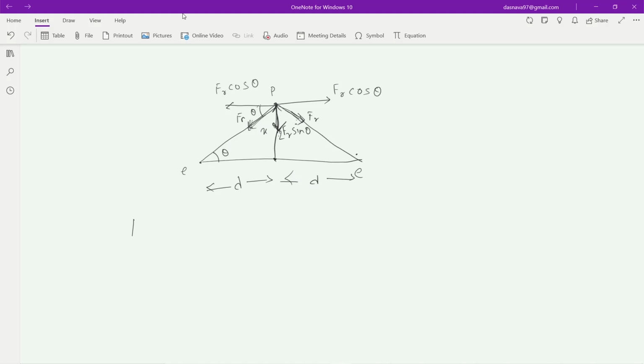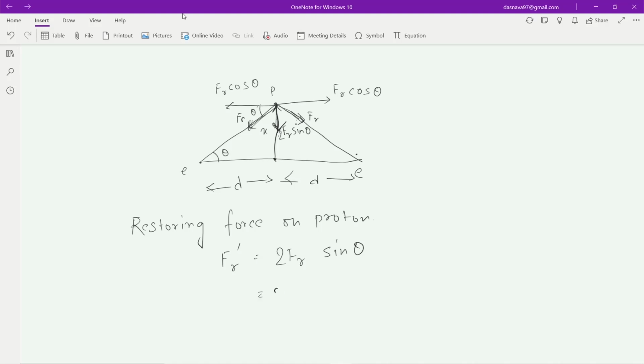So this restoring force will be on the proton. If you consider it as Fr dash, then it will be 2 Fr sin theta, right,